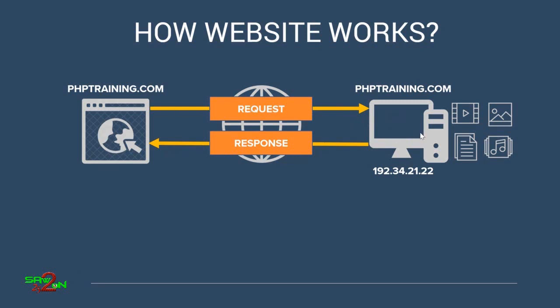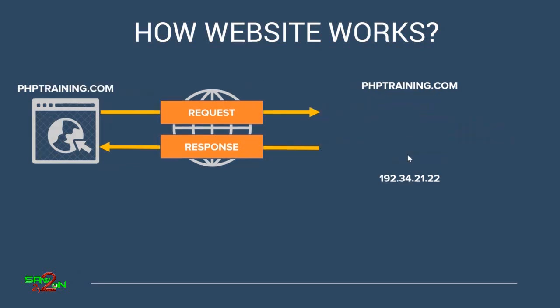So let's understand what components sit behind phptraining.com on the server. On the phptraining.com server, there is something called a web server. There are different types of web servers, and we're going to look into the types that we have. To understand, there is a web server which is listening to these requests. It is basically saying, this is the request, this is the response. That's the job of the web server.